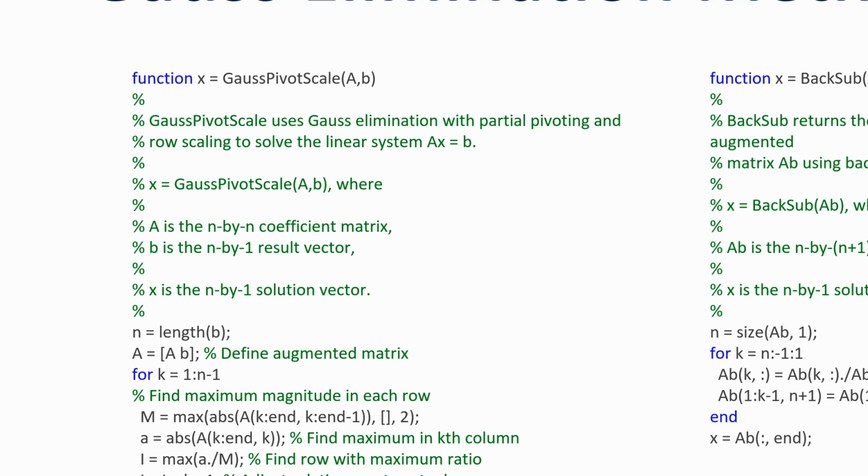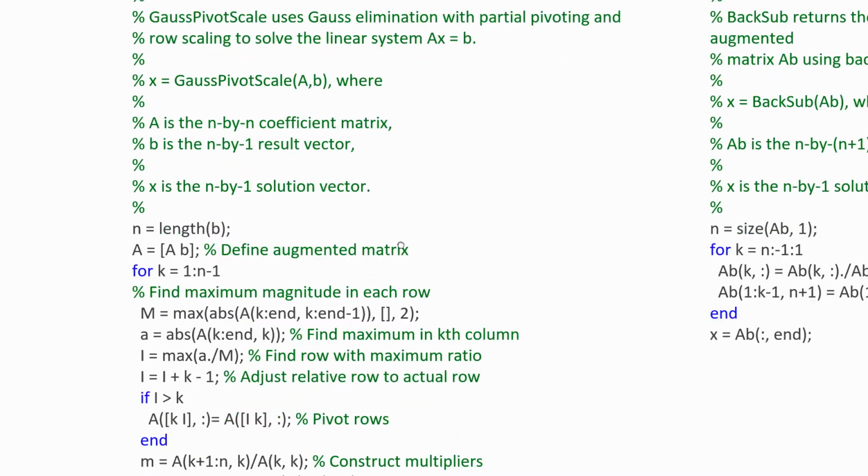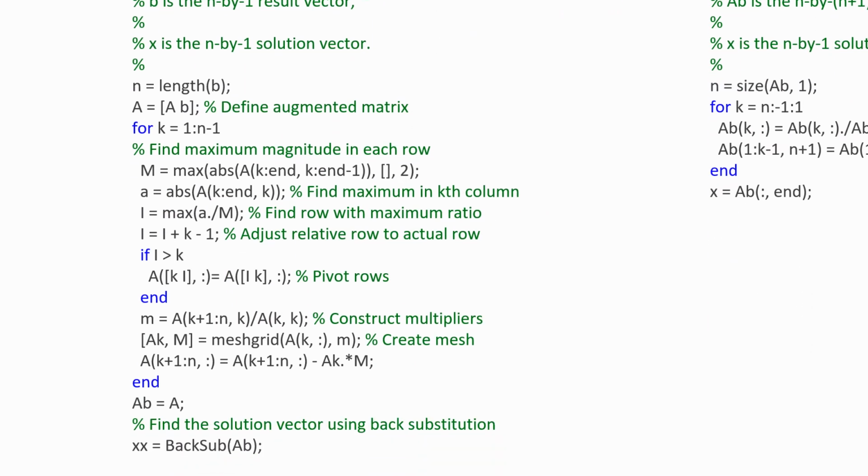First, they will use the Gauss elimination function they create and input the A and B values. And here we're using the partial pivoting. So you can see that they find the M value first, and then calculate the ratio, and find the maximum one among those ratios,